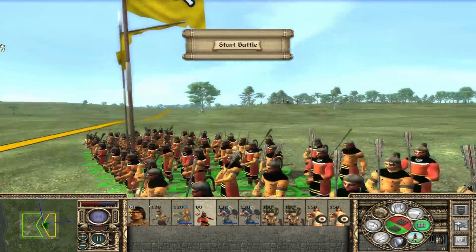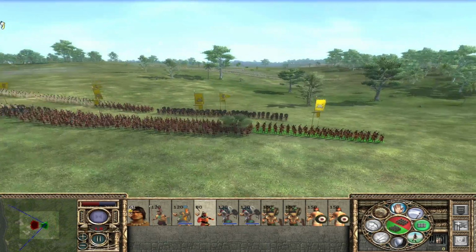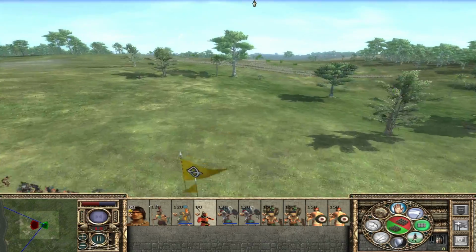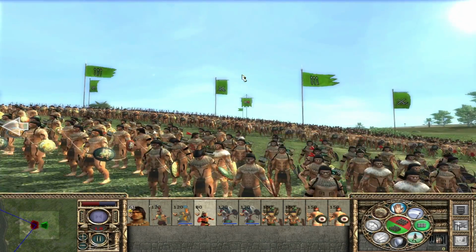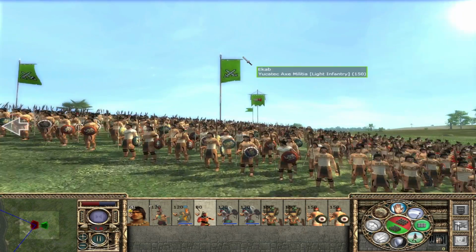I mean, they look ready for battle. So let's get into a battle here. We're fighting with another Mayan kingdom, Ekab. Let's take a look at them. And they have a very different look, right? So actually,